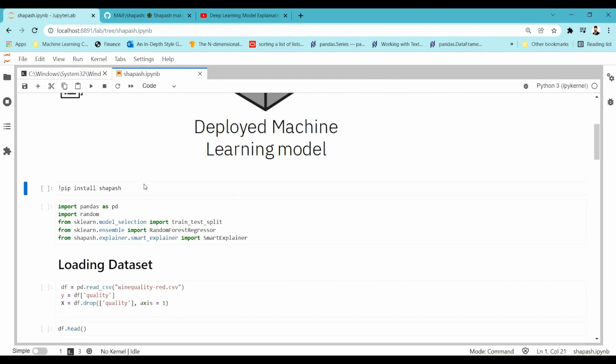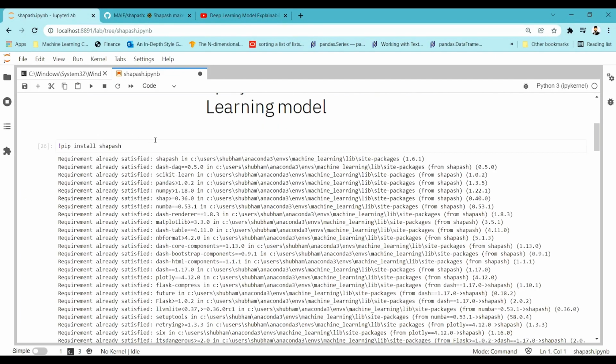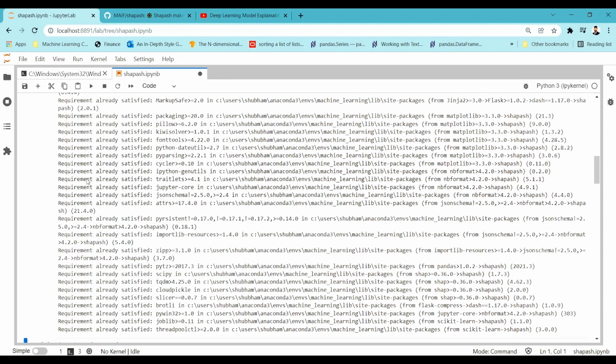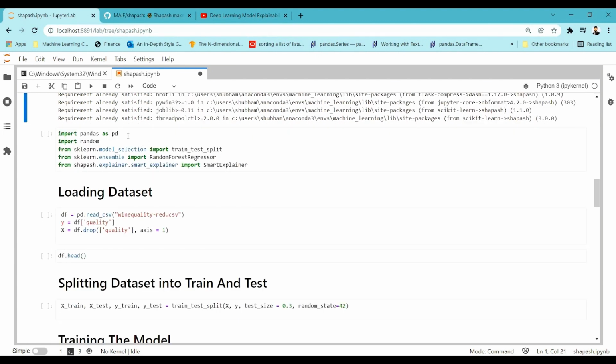So to work with Shapash, we first have to install it, and once you're done, we have to import the necessary things. Since I have already installed Shapash, it is showing requirement already satisfied. Once the installations are done, you have to import